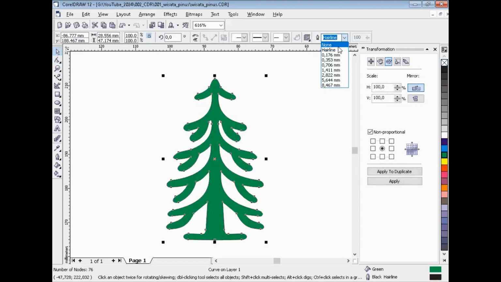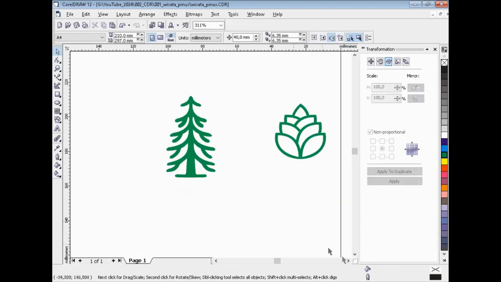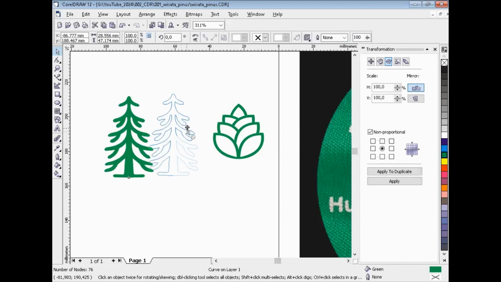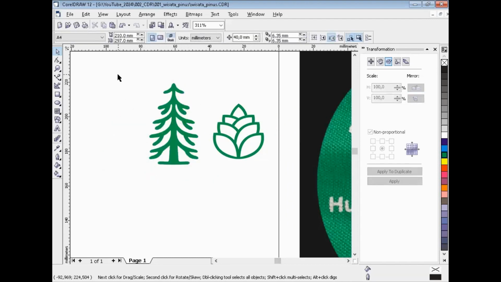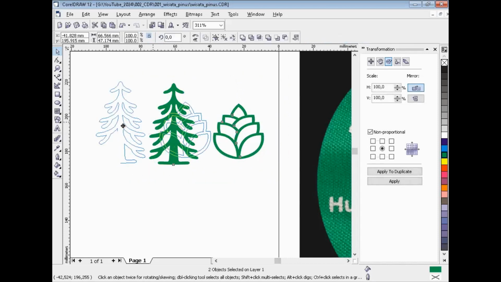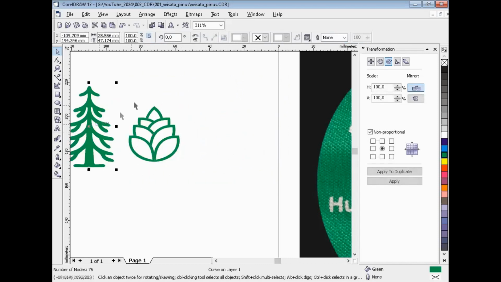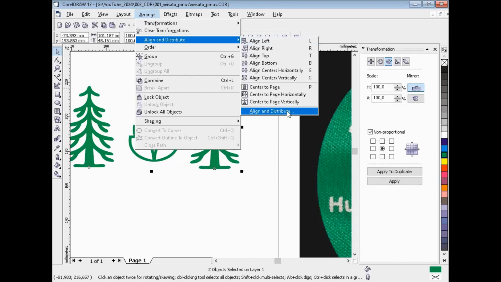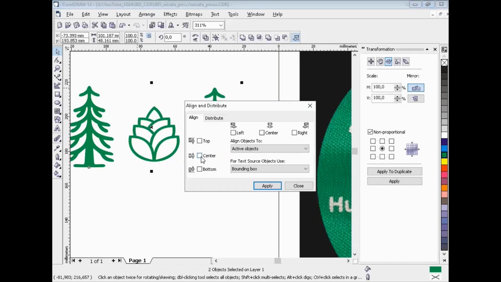Yeah, we can color this object. Okay, that's it. You can modify like this. Okay, maybe. Try to move here. Control C, Control V. Okay, another maybe, and then you can use align and distribution, and then you can center.